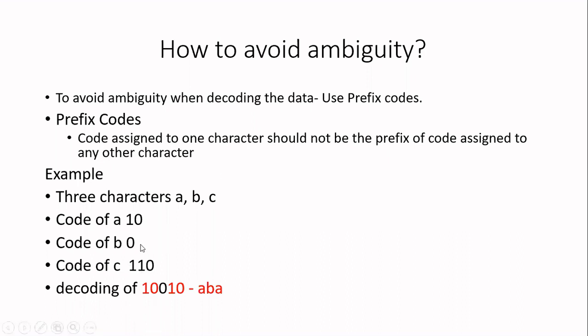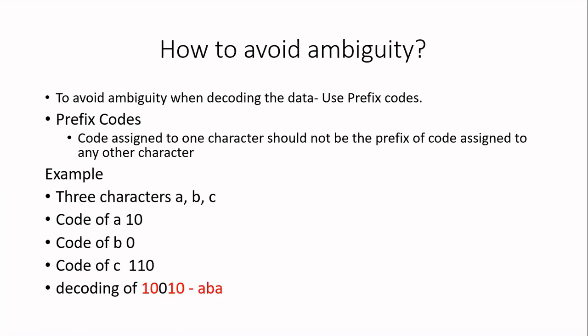Similarly, you take a 1-bit code, that is here I have B as 0. Now you check 2-bit code, 3-bit code, 4-bit code and so on. The first digit will not be 0. Okay, so here I have 0. The codes are now 10 and then 110 only. So I don't have this 0 as the first bit of any other code. So this is called a prefix code. The code assigned to one character should not be the prefix of the code assigned to any other character. So now because of this prefix code, anybody can decode the message in a unique way.